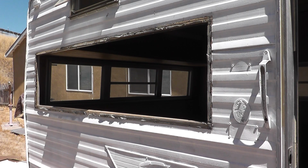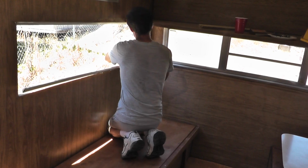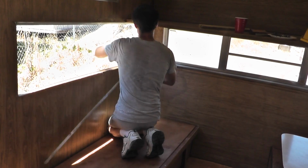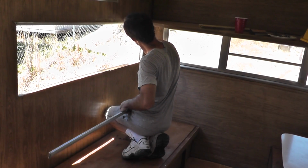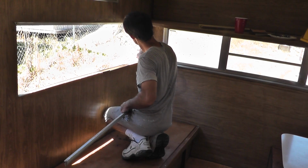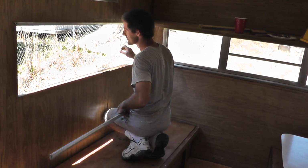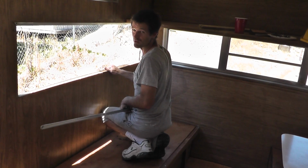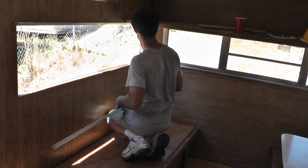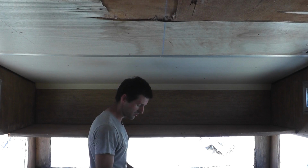Looking better all the time. And now with the window removed, we can go ahead and remove these strips. I'm also getting my first glimpse of the rotten framing of the trailer here. The wood's pretty much turned to a powdery foam type substance, but that's why we're doing this project in the first place. I got some more of these windows out, and now I'm cutting this bed out with the Sawzall